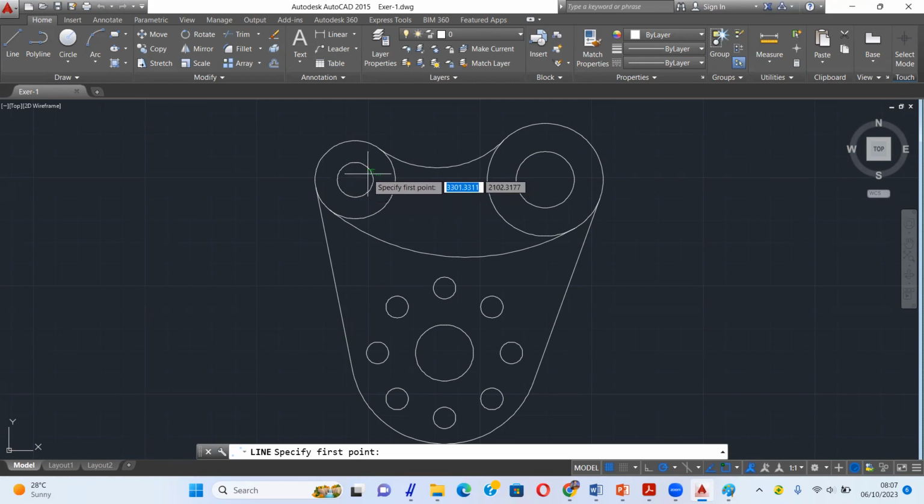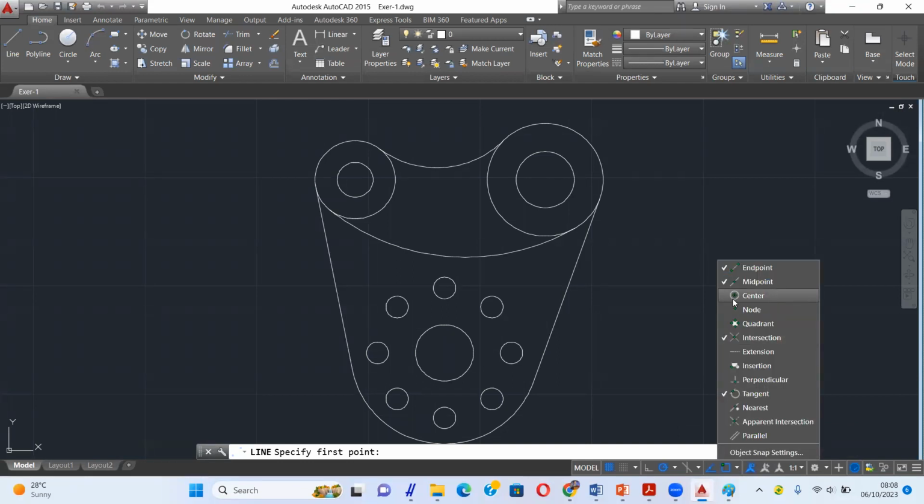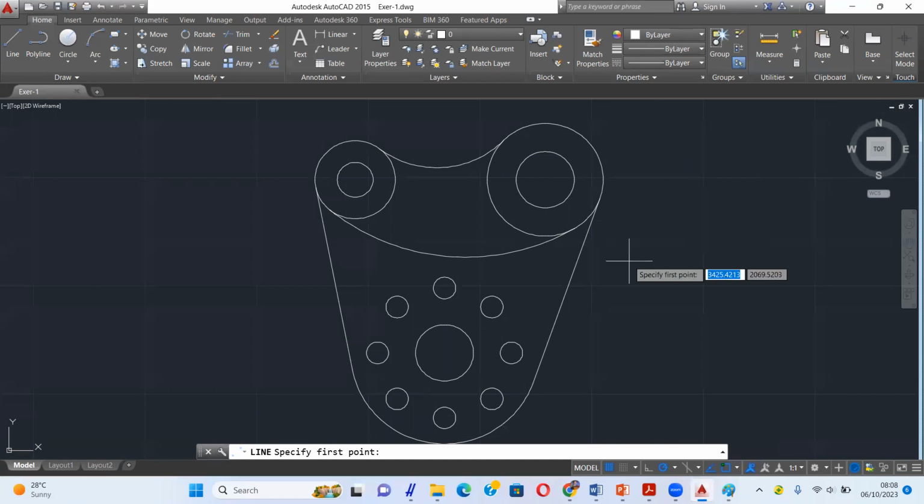You can activate the OSNAP setting here. Make sure the center is active. So when you move to the circle, you will find a center.